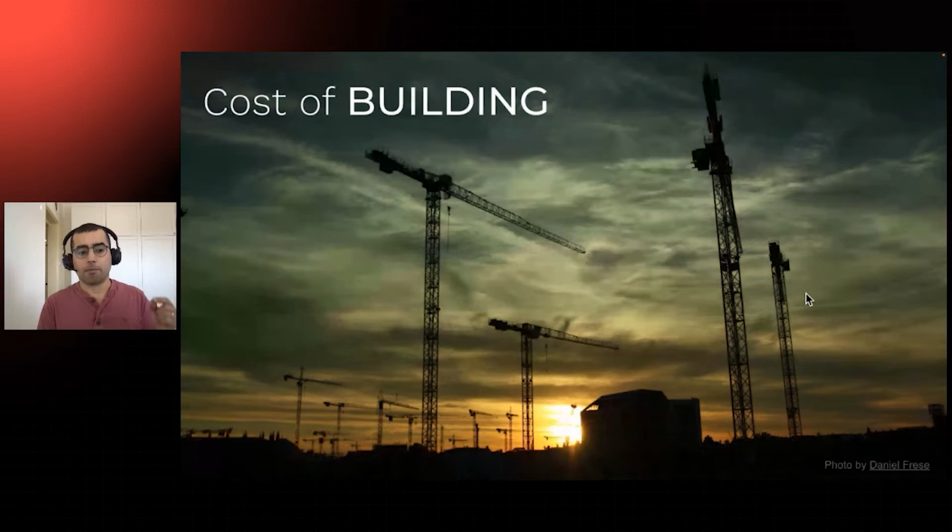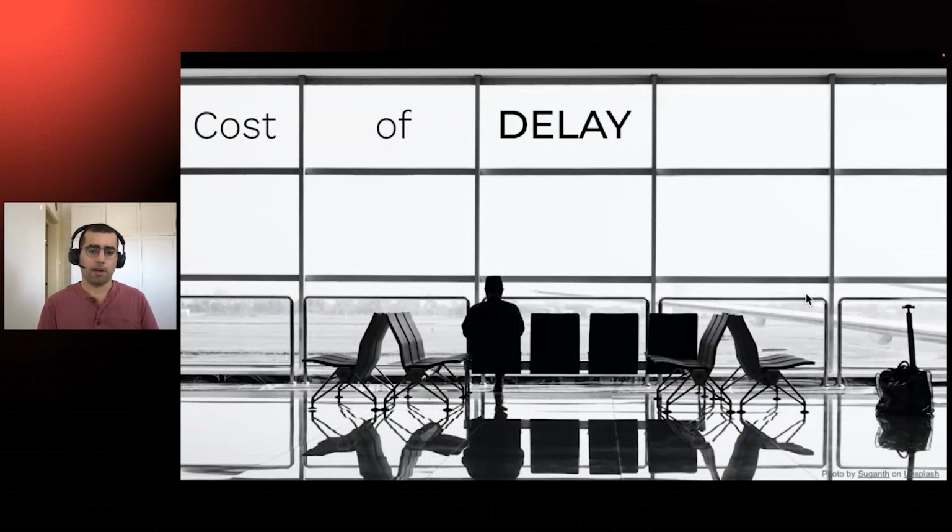But what happens if we manage to predict the future correctly? We're still paying some prices if we build things too early. The first price we pay in this case is the cost of delay. When we are working on something that we will need in the future, we are not working on something that we need right now. Right now, our customers need things from us. Our company needs things from us right now. We are delaying those things that our customers need from us right now. And this is the price that we pay when we are building things ahead of time.